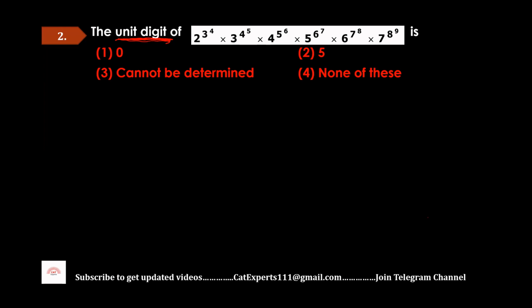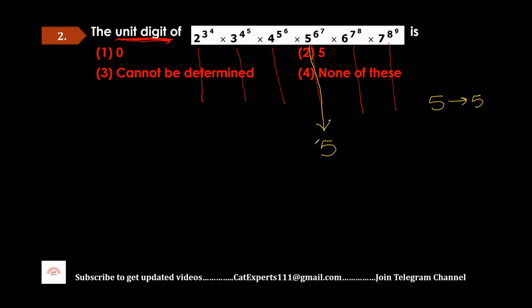Now there is something interesting in this question. How many numbers are given? I can see 1, 2, 3, 4, 5, and 6. Right, guys? Now, tell me one thing. What was the power cycle for 5? It was 5. So directly I can say this number will give me 5 at the units place.